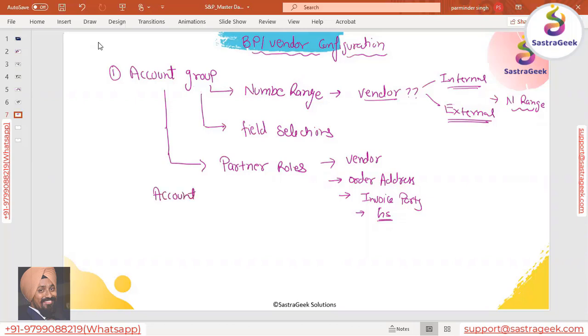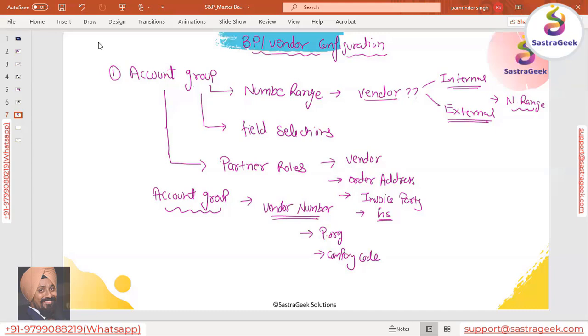Then you might be given a vendor number, depending on your setting. And then, based on the transaction you are using, you need to select the purchase organization and the company code against which you need to define the data. So that is the thing we need to do.